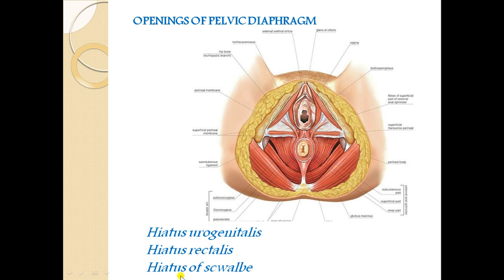Next is the hiatus of Schwalbe, which is a clinical anatomy point. The levator ani group of muscles arises from the tendinous arch, which blends with the obturator internus fascia. When the levator ani muscle fails to arise from the obturator internus fascia, a gap is present between the obturator internus fascia and this tendinous arch. That gap is called the hiatus of Schwalbe, and through that gap the pelvic contents may herniate